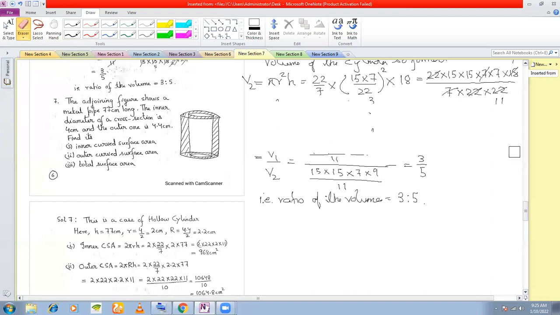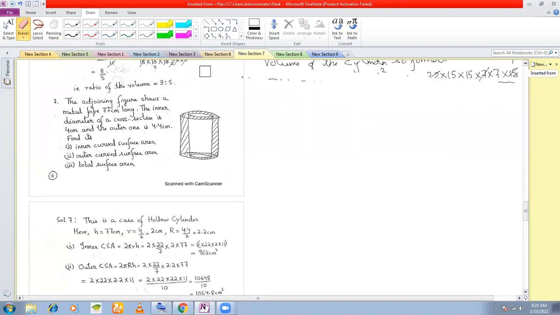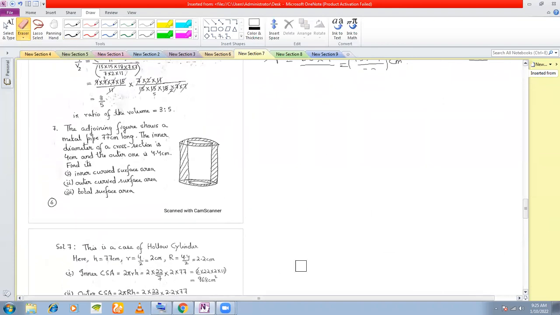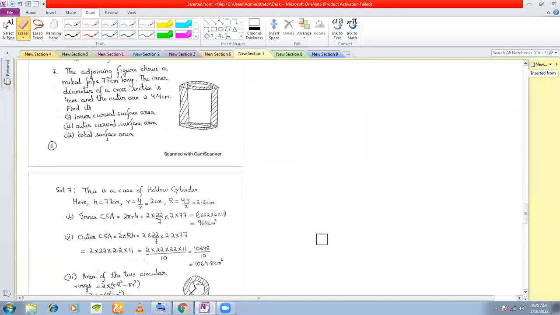fine. We move on to the next problem, and this is the case of a hollow cylinder. Now, what do you mean by hollow cylinder? Hollow cylinder means you can think of it as, let's say, a can with a very thick material which it is made up of. Okay, that means inside there is a hollow cylindrical cavity, and you have a certain thickness of the material. That is what we mean by a hollow cylinder. In all the cases above we had considered only solid cylinders, that is, there was no hollow cavity inside. But in this case, we have a hollow cavity inside.